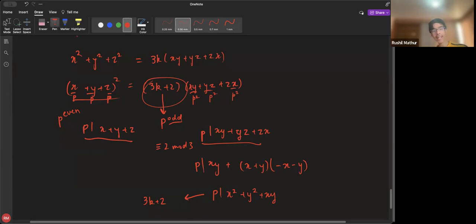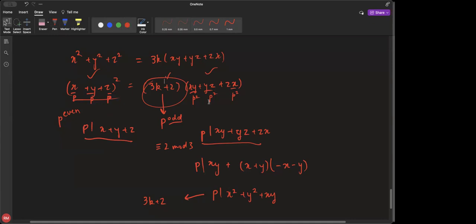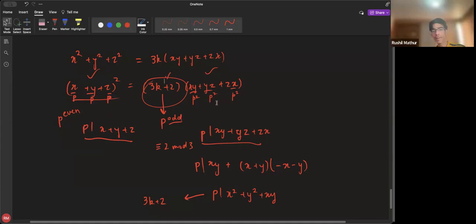So the main trick I think is noticing that if p divides all of x, y, z, you can repeat this. So all you need to do is really find some prime which is 2 mod 3, which divides this and this, because then you would be done. And the fact that you can do that is pretty clean just because of this term. Wait, after you find the prime, I didn't get the finish. So after you find the prime, because it's divisible by p to the odd here,